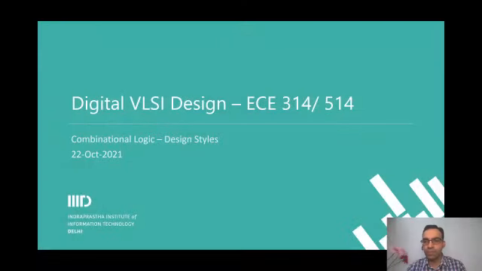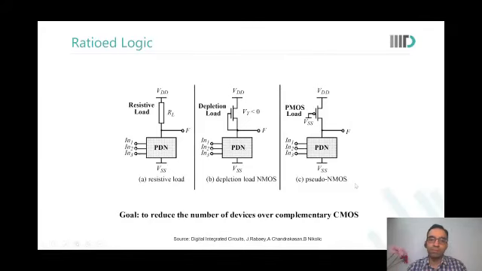Okay. So we now come to the next set of our combinational logic, where we talk about what kind of combinational logic we would be interested to look at. For example, ratioed logic. So see, one challenge with static CMOS is that for n inputs, you have 2n devices. And of those 2n devices, the PMOS, that is n devices, are also larger.